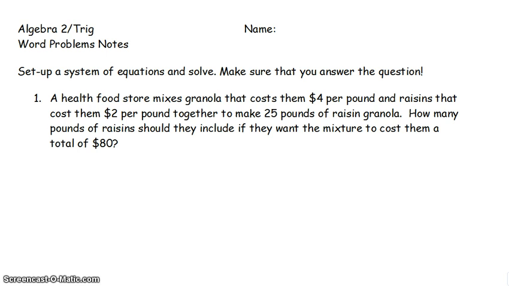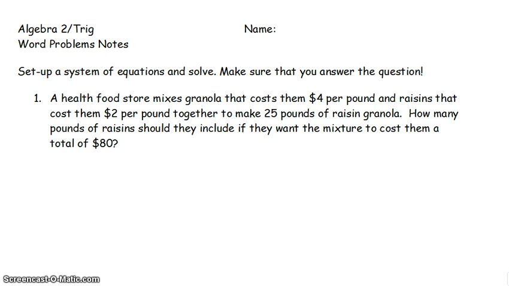So our first example is we've got a health food store and it mixes granola that's going to cost $4 a pound and raisins that cost $2 a pound together to make 25 pounds of raisin granola. So you're creating this raisin granola mixture. How many pounds of raisins should they include if they want the mixture to cost $80? So this is a common problem. You go to the grocery store and you've got so much money to spend and you've got to make a